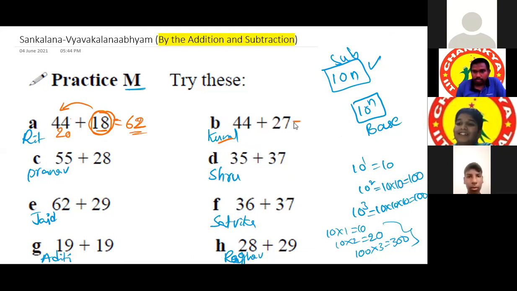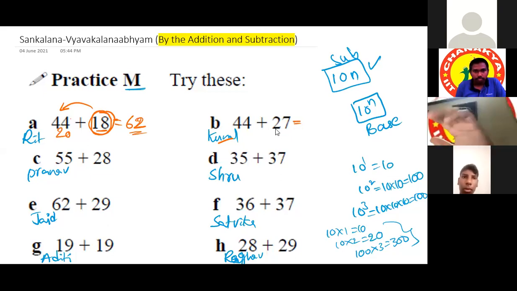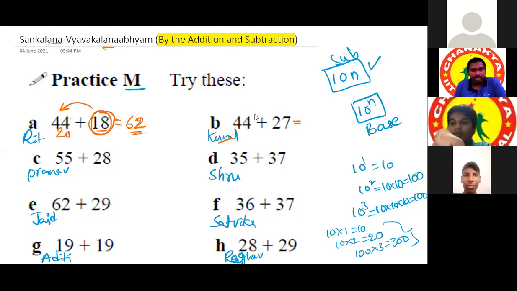Yes, sir. If you go in answer, first we need to do 44 plus 6, sir. Then the 27 will become 21, sir. No, you are following the old approach. We are in this sutra, Sankalana Vyavakalanabhyam, but you are following the completing-the-whole approach, completion by addition and subtraction, Purna Apurnabhyam.